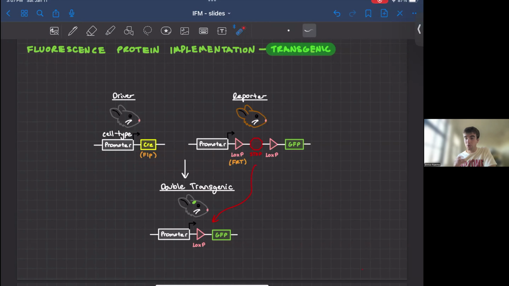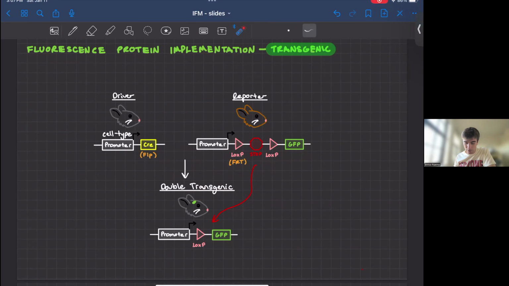On the other hand, for the reporter line, there's also a promoter which entices the transcription of DNA downstream, along with the Cre or Flp activation sites, which are known as LoxP for Cre and FRT for Flp. These surround a stop sequence, which stops the transcription of DNA downstream. After these activation sites, there is a gene of interest, in this case, the GFP. Now, when these two are bred,